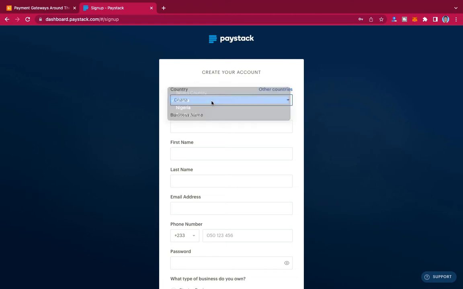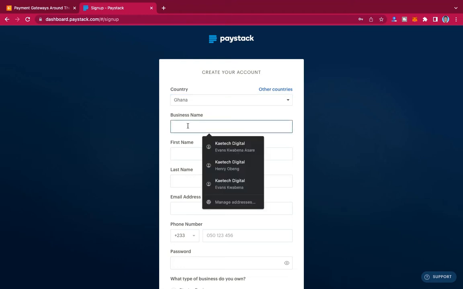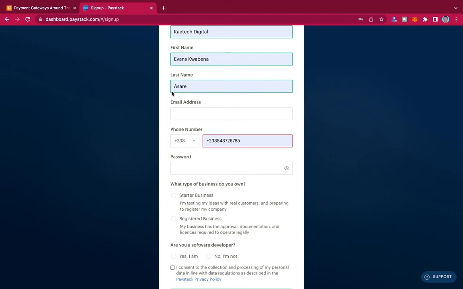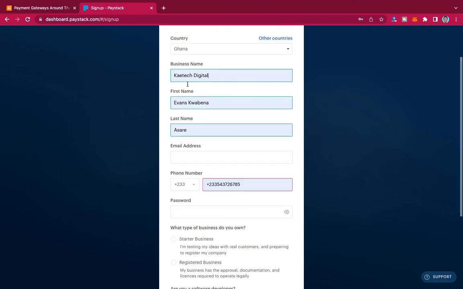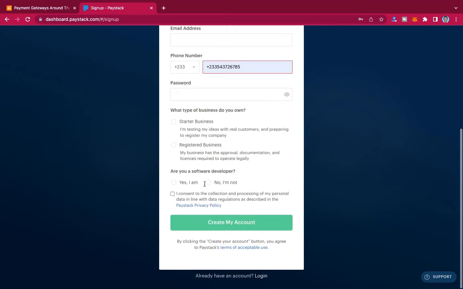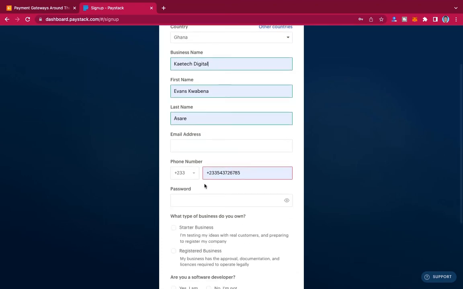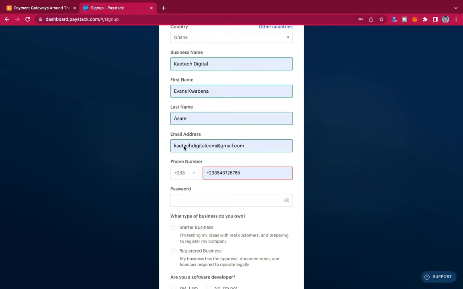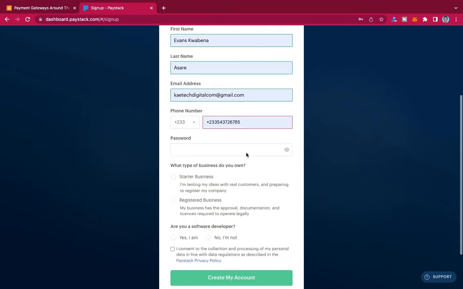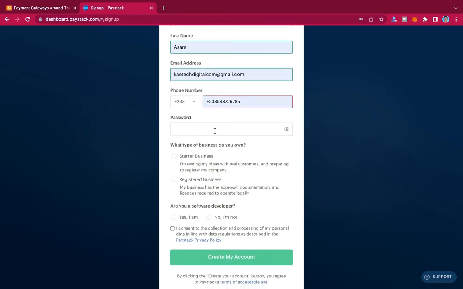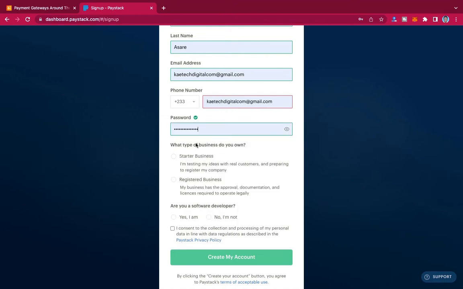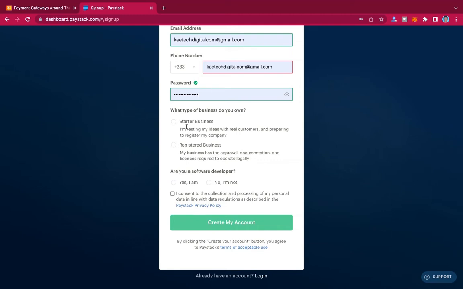I'm from Ghana, so I'm going to choose Ghana, and then you can enter your business name and register all the necessary details that you need to enter here, and then you enter your email address. So this is my email address, and then you choose a password for it. You can choose any password that you want, and then